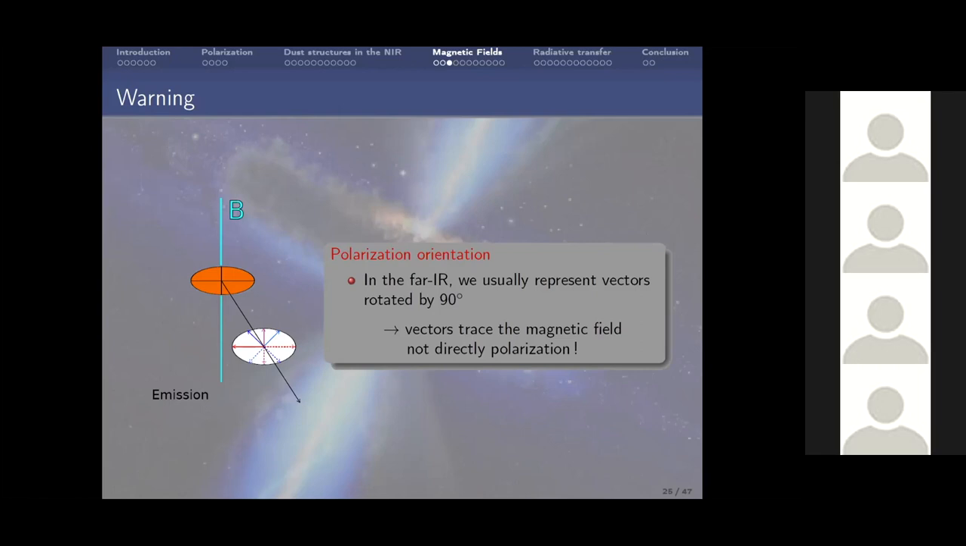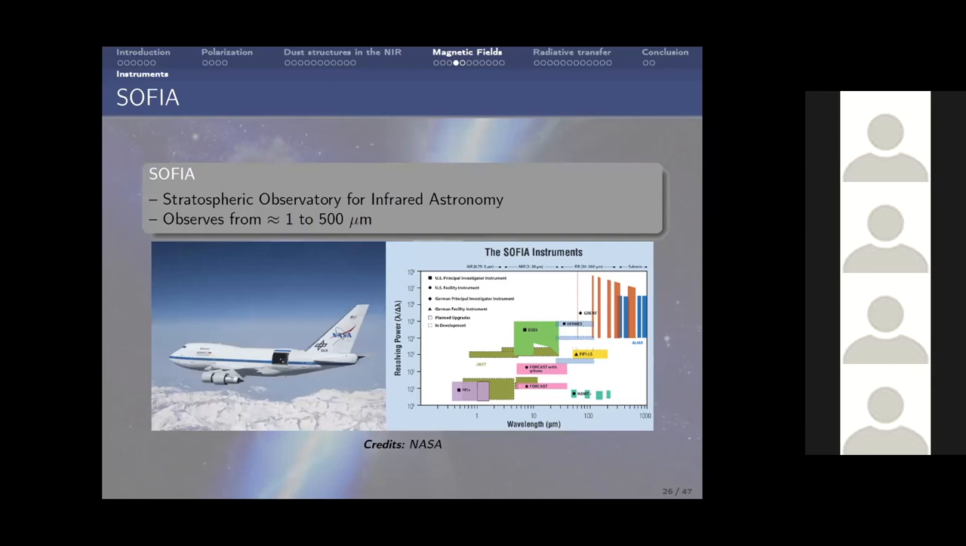Because we are mostly tracing the magnetic field in the far infrared, we rotate the polarization vector by 90 degrees in order to trace directly the magnetic field, and not have very complex maps which don't look very friendly. If we just rotate them by 90 degrees, the vectors follow the expected magnetic field around this region. In order to observe that, I use SOFIA, the experiment I'm working on,